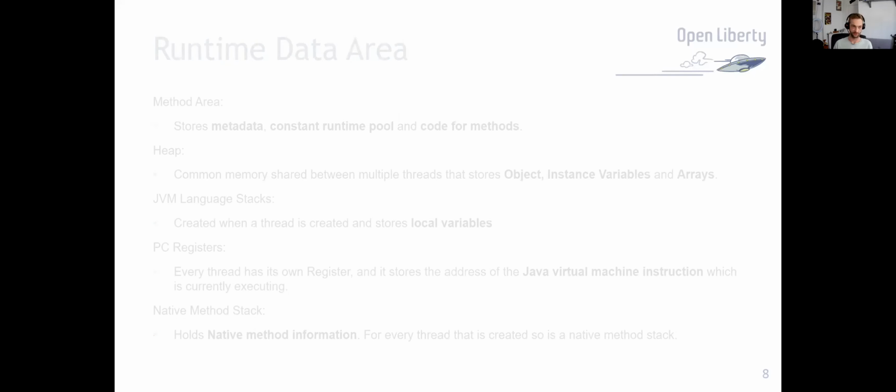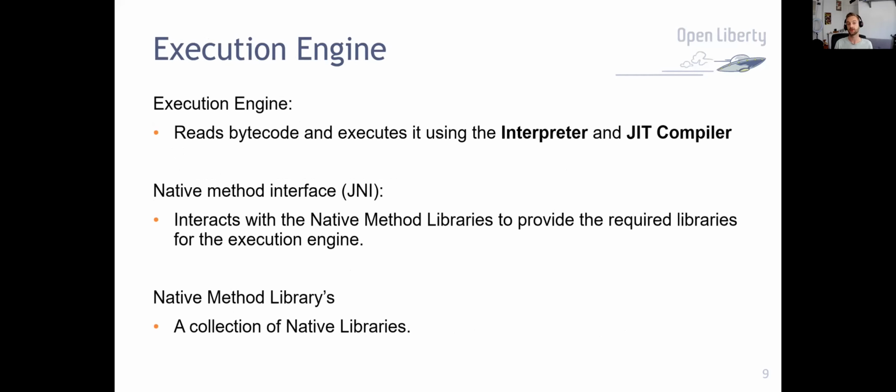And then finally moving on to the execution engine. It reads bytecode and executes it either using the interpreter or the JIT compiler. We'll talk a little bit about the difference between those later. It also has a native method interface, the JNI, and this interacts with native method libraries to provide the required libraries for the execution engine. And then, of course, the native method libraries, which is a collection of all the native libraries we have